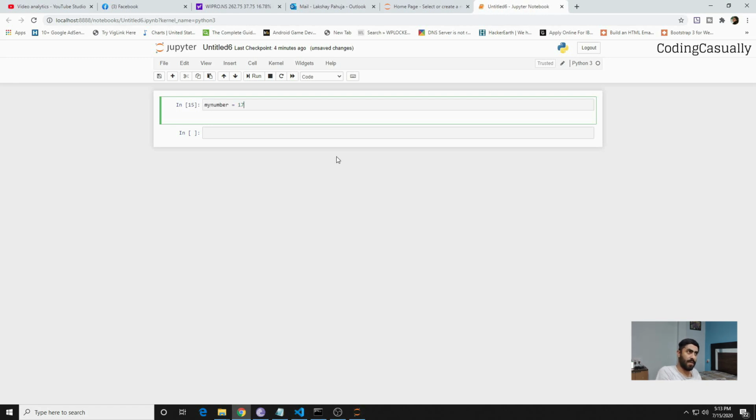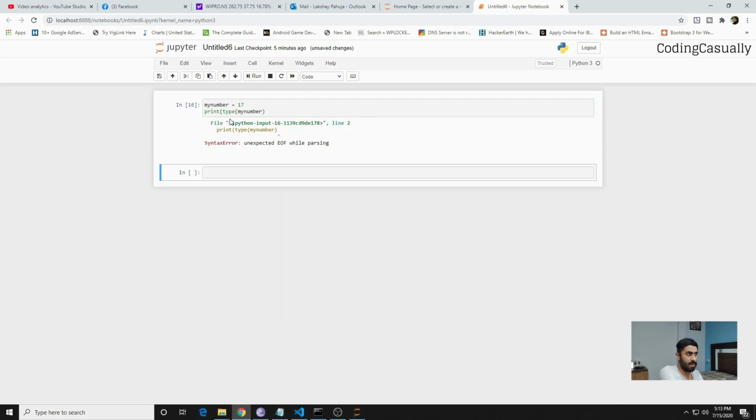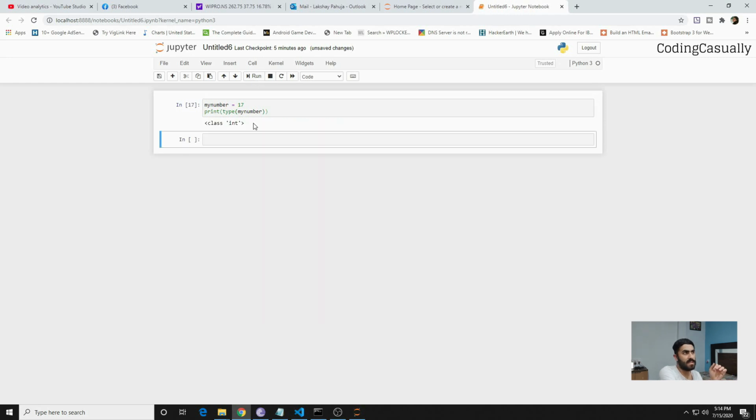and I want to see what type it is. I'll say type of my number. I missed one bracket. So the result is integer, of course, because 17 is an integer. But if I put quotes here, it will become a string, as it says string. But what if I say that 17 is 17, but